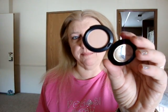But anyways, on to the eyeshadows. I got Tissue Weight, which is a frost, and this was part of the Pret a Papier collection, and this is a frosted pale peach. Very pretty. And I got